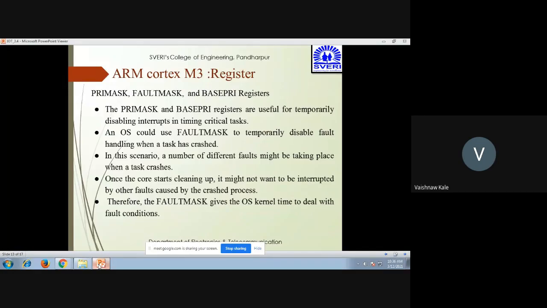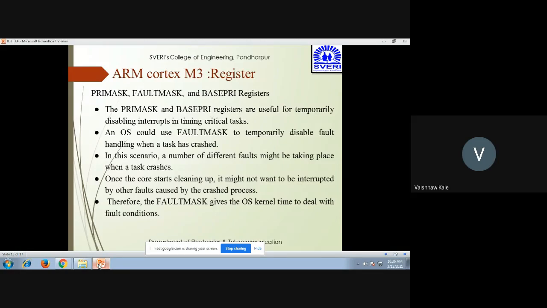Now the primary mask and base priority registers are useful for temporarily disabling interrupts in timing critical tasks. So if I am enabling interrupts, and it becomes very important to disable the interrupts in a critical task, at that time we can use primary mask and base priority. And the OS could use fault mask to temporarily disable fault handling when a task has crashed.